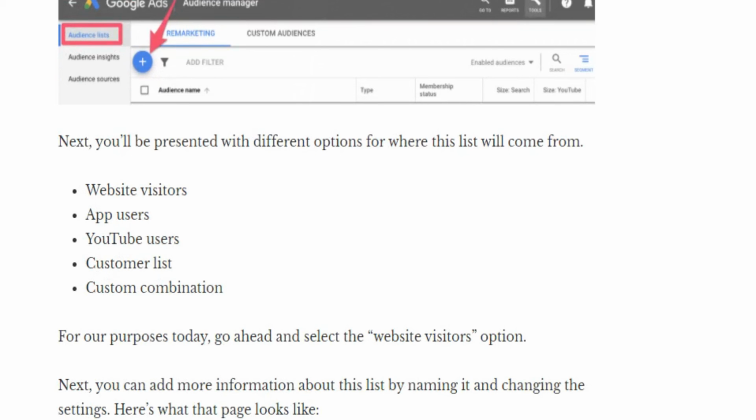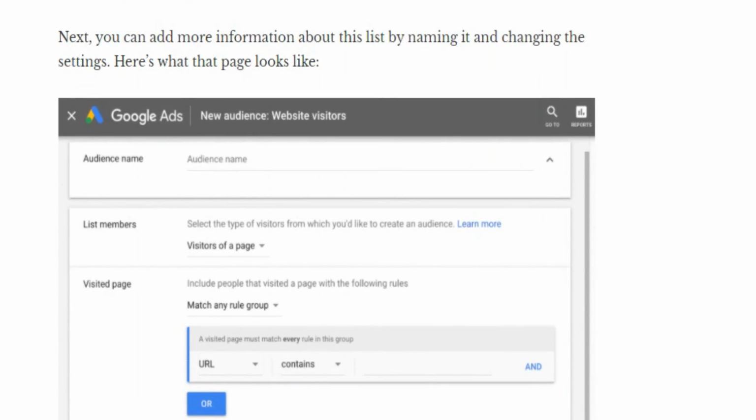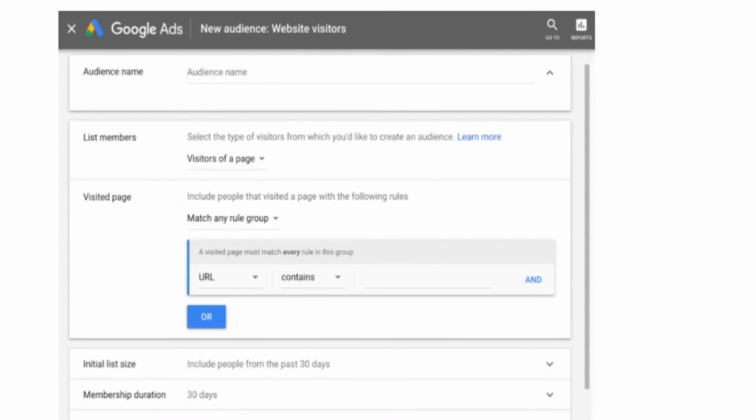Website visitors, app users, YouTube users, customer list, custom combination. Next, you can add more information about this list by naming it and changing the site settings. Here is what that page looks like.